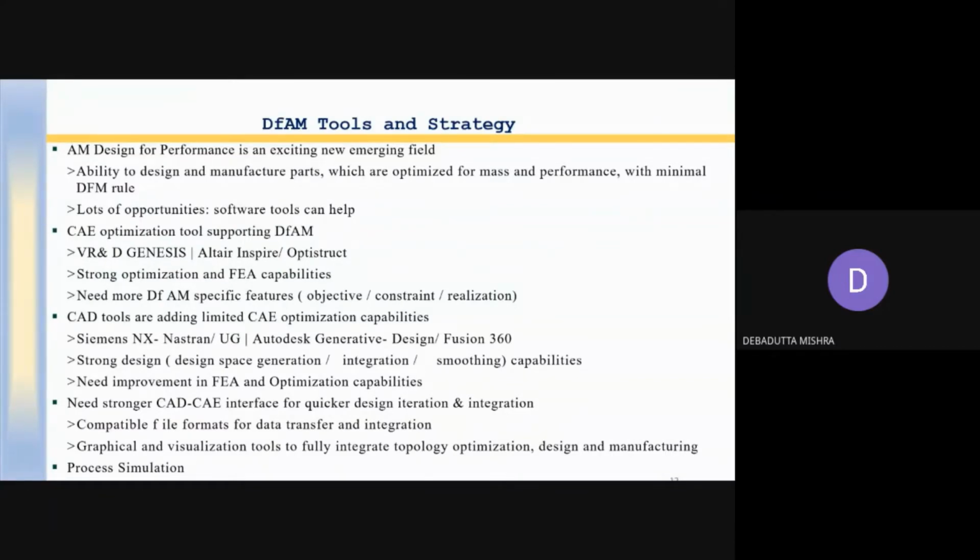You go for the CAD design, and then for various alternatives. What will be the orientation of the part, so that the support structure is minimum? And when the support structure is minimum, the next point is what type of support will be required.